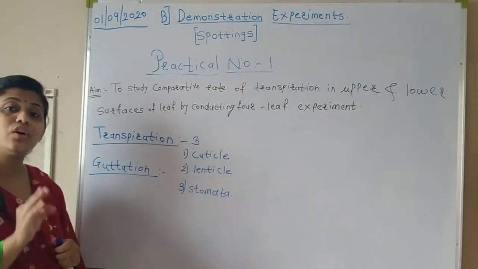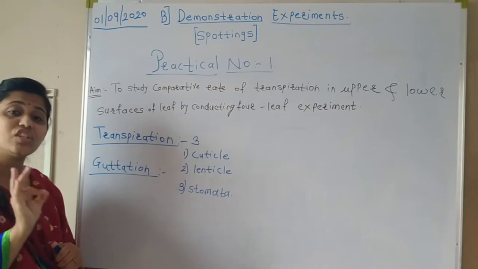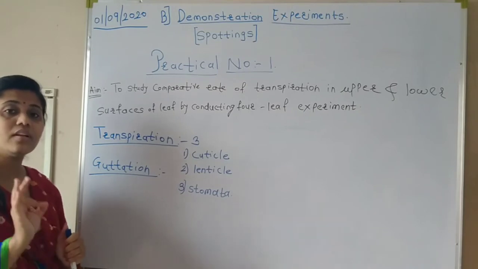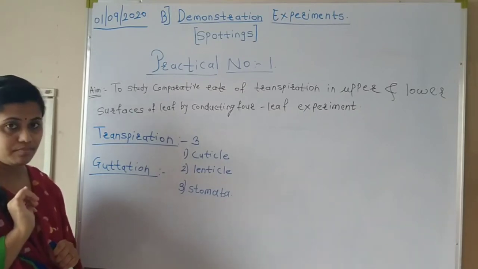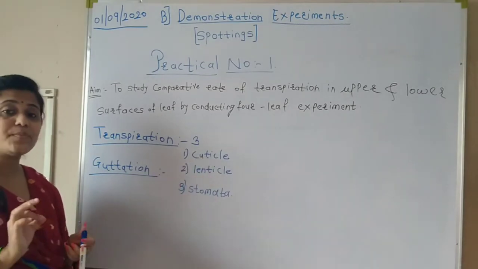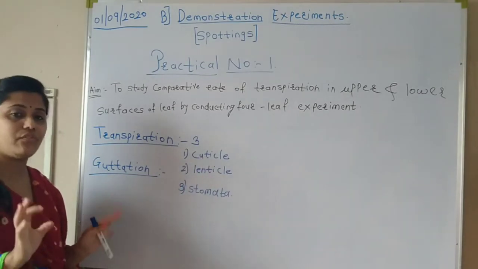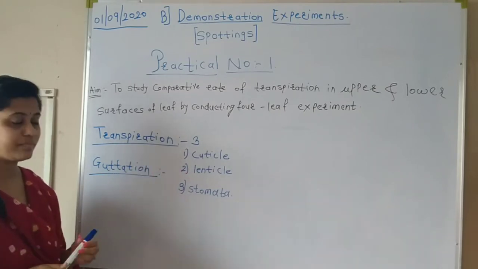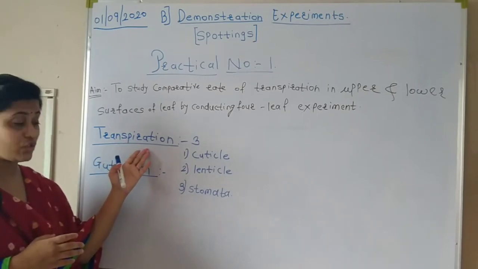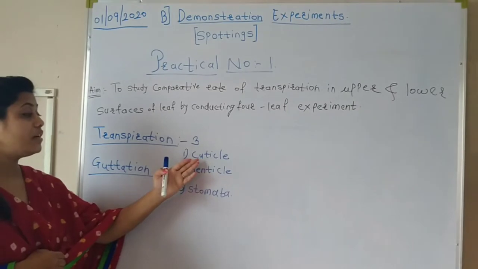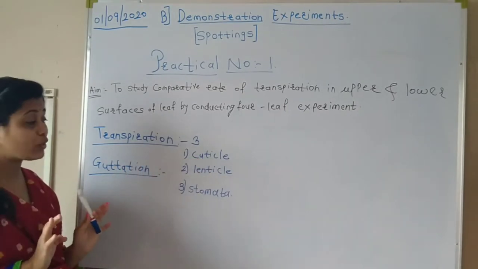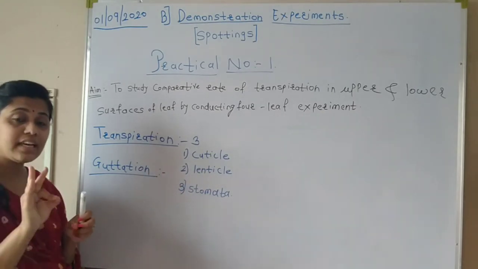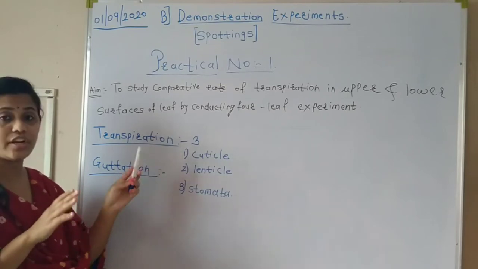Basically, cuticle is a waxy layer substance. It is present on the surface of epidermal cells of a stem or leaves, and in the cuticle, transpiration occurs by simple diffusion. This transpiration also has a rate, that means the speed of transpiration, and the rate of transpiration in the cuticle is directly proportional to the thickness of the cuticle. That means how thick the cuticle is decides the transpiration rate.